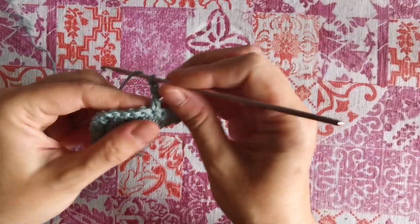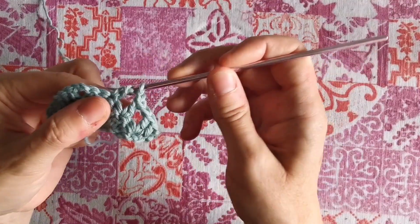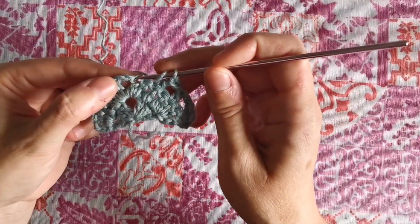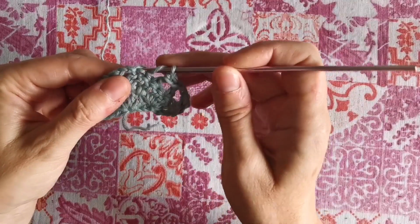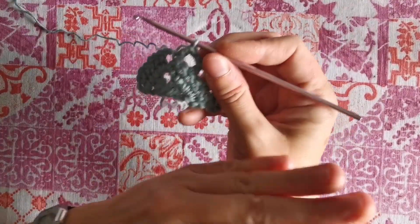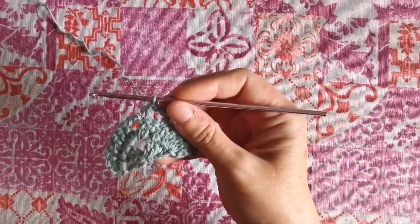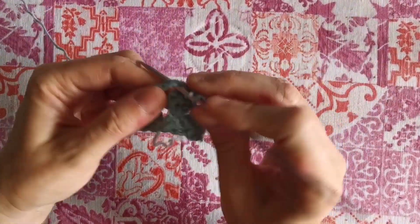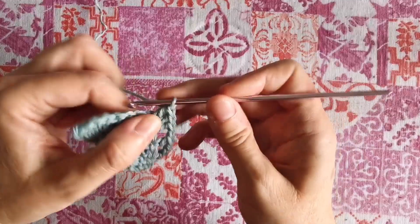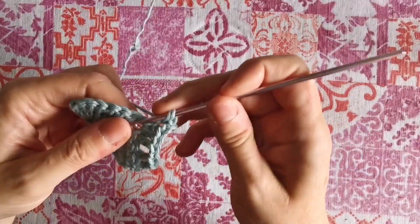Okay, chain 1, double crochet, skipping the next stitch in the following stitch, chain 1, skip stitch and insert hook in the next stitch, which is the final one before the space. Okay, here I've reached the space between the parts, let's say the middle space, in which, as I said previously, we will work as always 2 double crochets, chain 2 and 2 double crochets, and this will always be the same